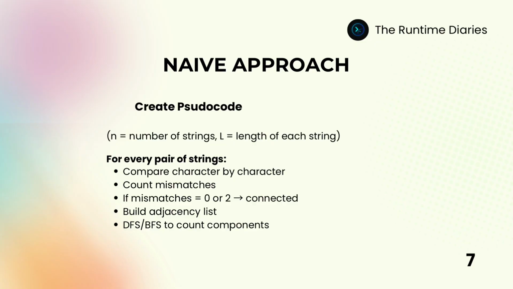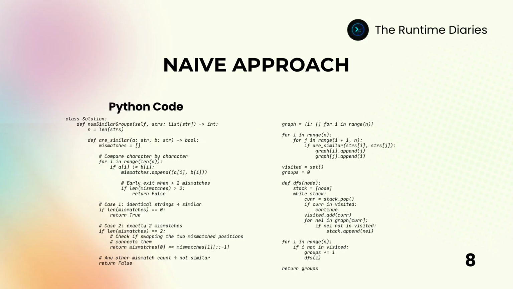Let me walk through the baseline approach so you understand the structure of the solution. For every pair of strings I and J, compare them character by character. Count how many positions differ. If the mismatch count is 0, they're identical, so they're similar. If the mismatch count is 2, check if it's a valid swap. If so, they're similar. If the mismatch count is anything else, they're not similar. Once you've checked all pairs and built a graph of connections, run DFS or BFS to count how many connected